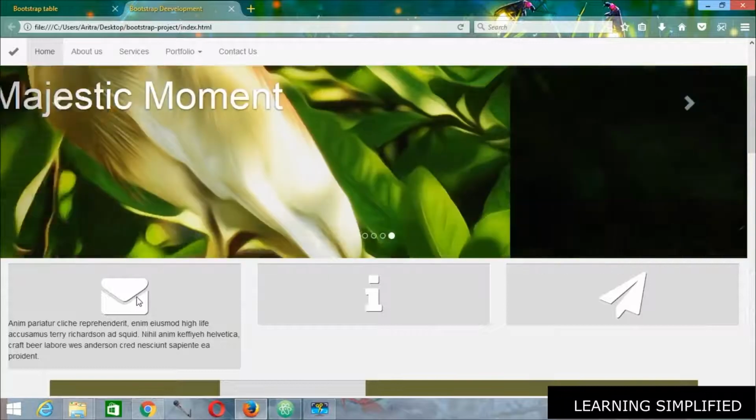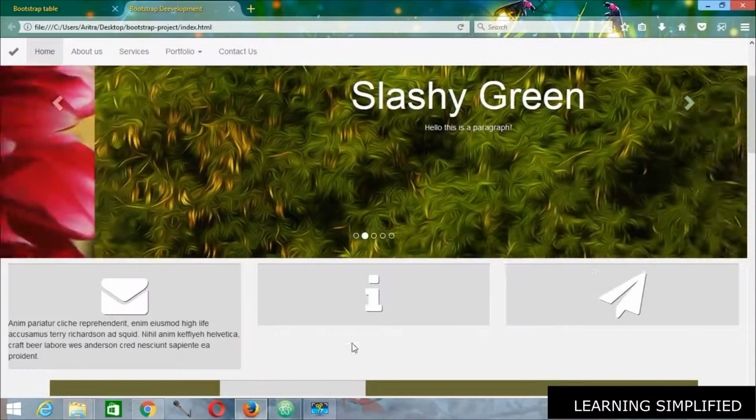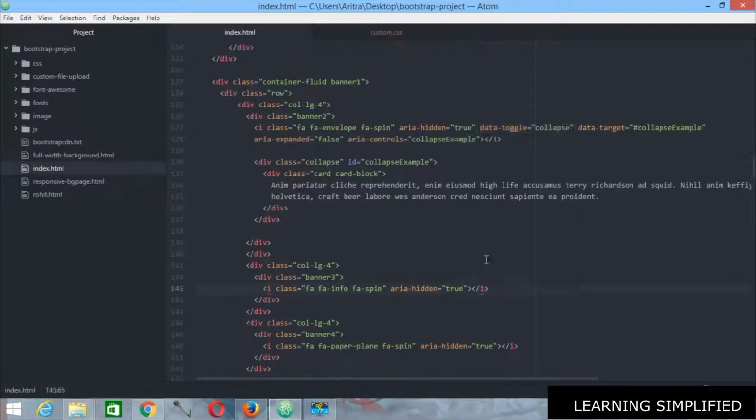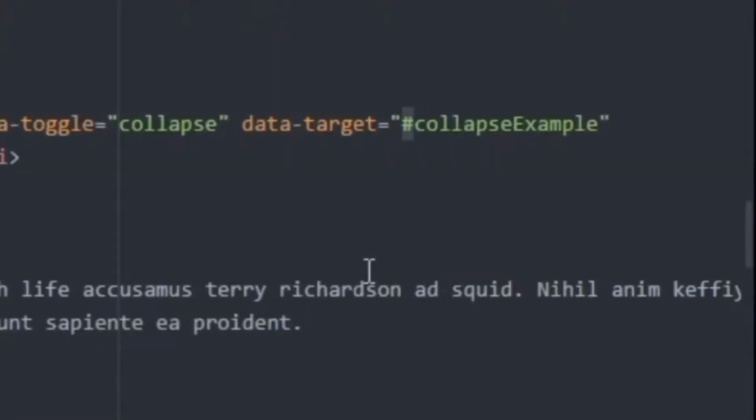Now the same thing should be repeated for the rest of these icons. Those are present here. Copy them all, place it here. Now you have previously issued an ID with collapse example, and as I have told you earlier in our tutorials, an ID is the fastest selector and it can be used only once.